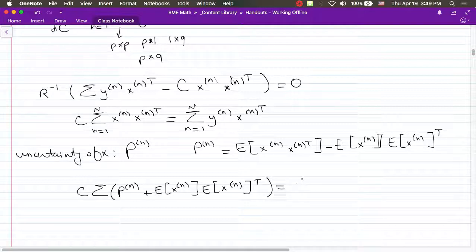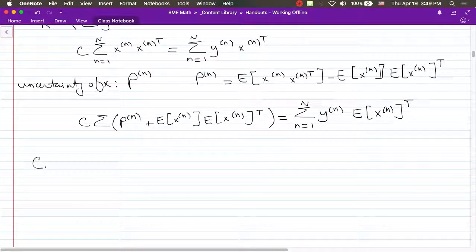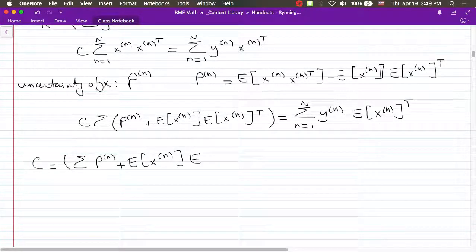And that's equal to the sum of n is equal to 1 to N y of n times the expected value of x of n transpose. And so our matrix that we're looking for, C, is going to be the sum of P of n plus the expected value of x of n transpose times